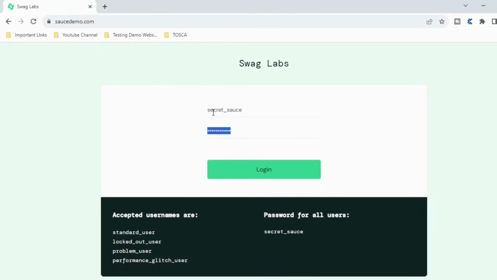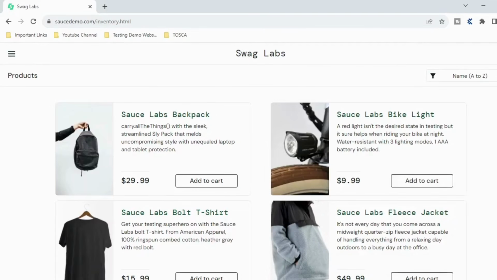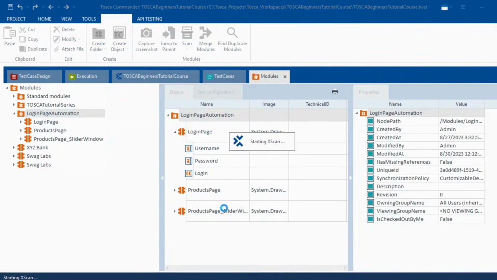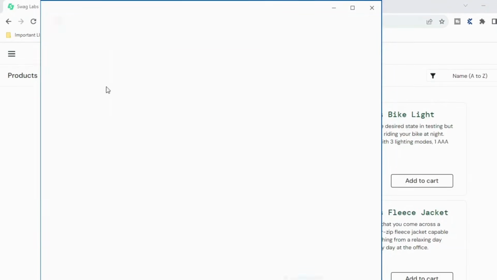So sorry, let me put standard user, secret underscore sauce. Okay, now let's try to see if this comes in the parent. Let's fire up the scan. We'll try to find out something like that to understand the select action mode in a better way. Okay, so my page is loaded. I'll hit on scan,